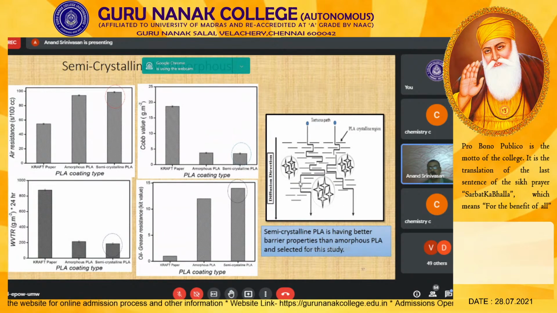Because as far as coated abrasive is concerned, waterproofing is one of the main problems. Therefore, if you are able to improve the hydrophobic behavior of your product, I think you are the winner. As far as our product is concerned, we have chosen a hydrophobic material, which is PLA. Besides that, we were able to improve the hydrophobic behavior through the polymorphism behavior. So this PLA, besides being water resistant, because of the polymorphism, was able to offer a better set of properties which are ideally needed for making coated abrasive products.